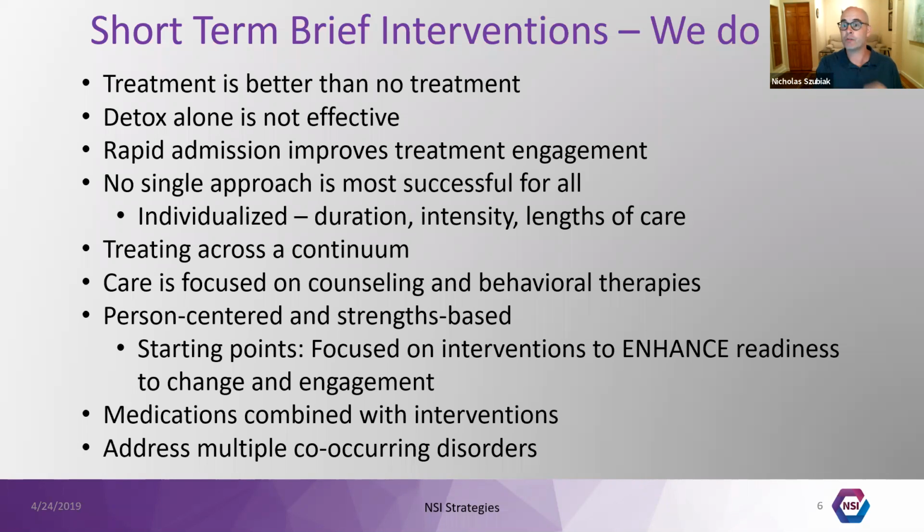And we know the most effective, best way to treat chronic health conditions is treating across a continuum of care. And that, again, is stepping away from that specialty provider approach and really being able to focus along a patient, where they are, moving up and down in terms of what it is that they need. And so our care is focused on counseling and behavioral therapies. That's something that we do for a lot of other conditions that we treat. It's person-centered and strengths-based, such a key approach, especially since there's no other condition that is more stigmatized than people with substance use disorders.